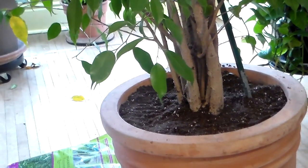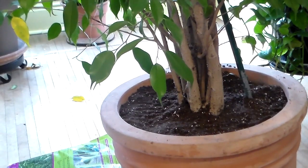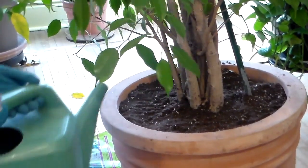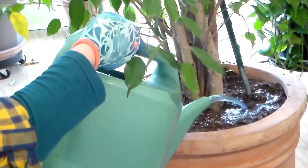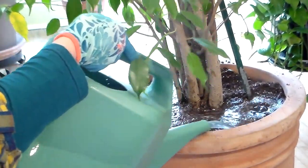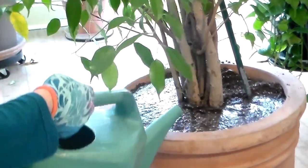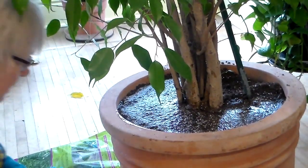I'm going to grab my watering can, and when I water this time of the year, I like to use root stimulating fertilizer at a half rate. I don't use a full strength fertilizer. I just want to water it in, give it enough water so it soaks down into the pot, into the root system. This will settle,